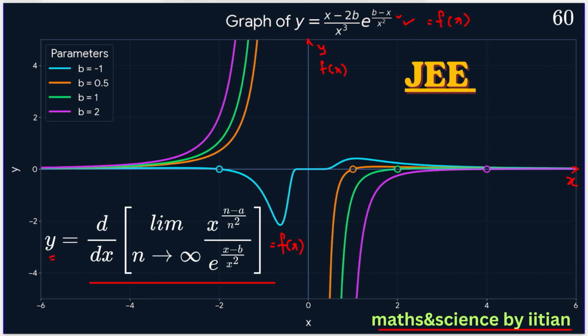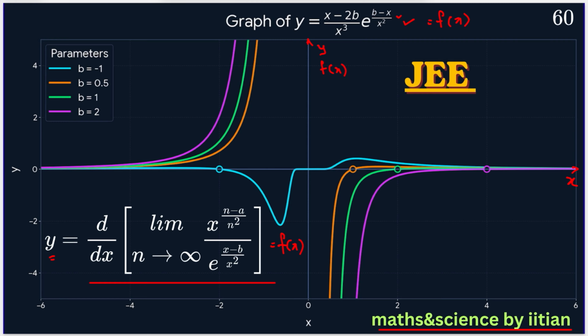And the graph, because b is, we have taken it as a constant, and by varying the value of b, we will get the equation y is equal to function x with different values of b. We will get the graph. For example, b is equal to 1. What happens? Y is equal to (x minus 2) by x cube into e to the power of (1 minus x) by x square. That means we are varying the constant value b